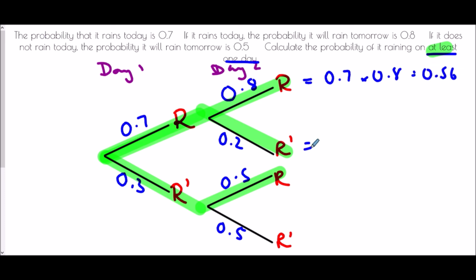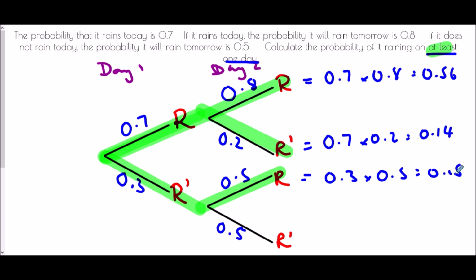The probability that it rained the first day but not the second will be 0.7 times 0.2, so 0.14. And the probability it didn't rain on the first day but did on the second will be 0.3 times 0.5,